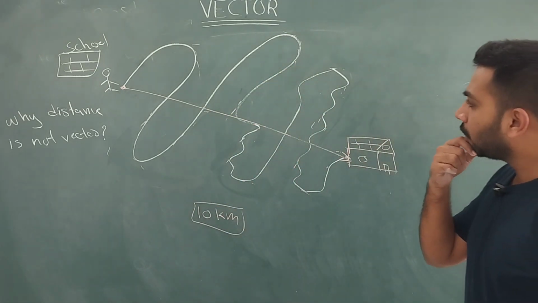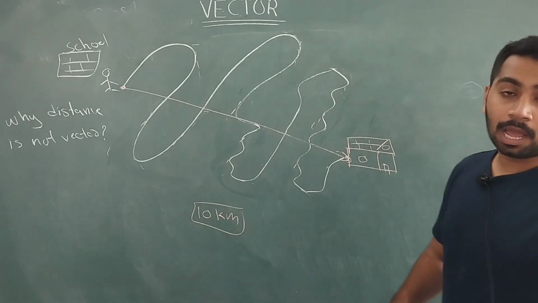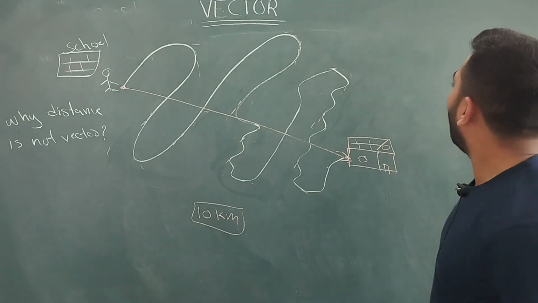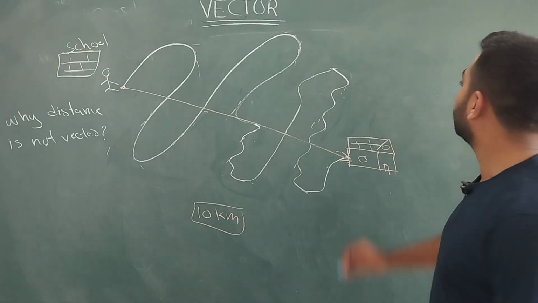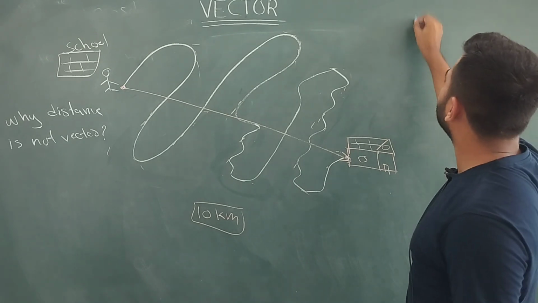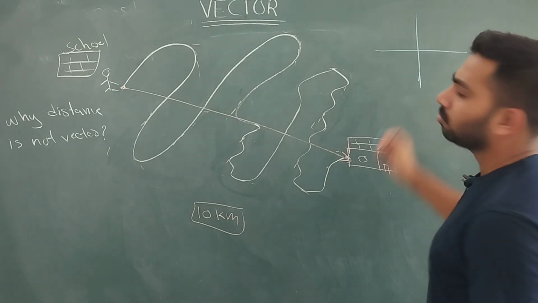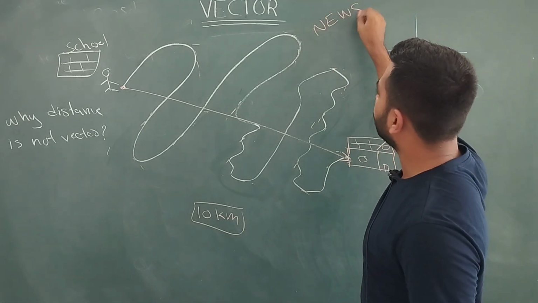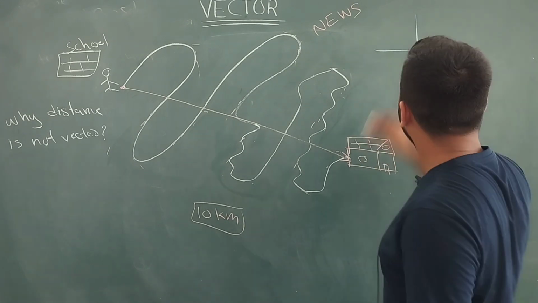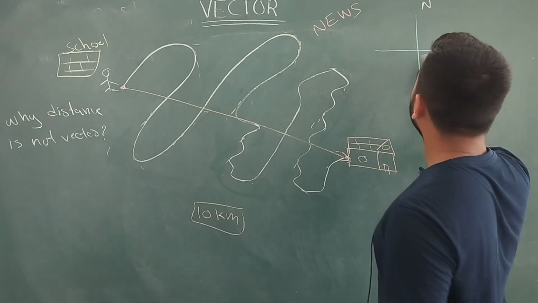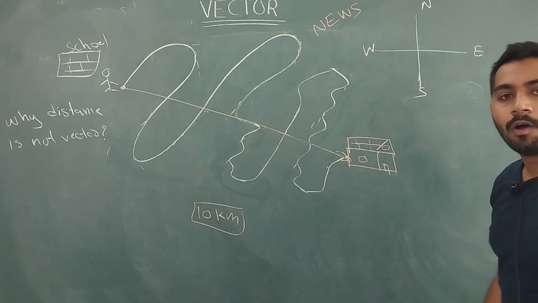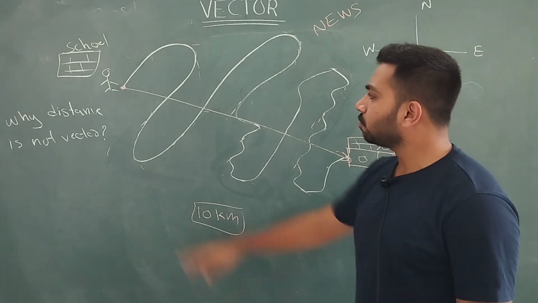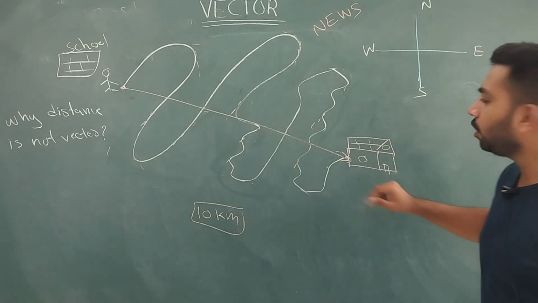How? Okay. Before that, I will make sure that you learn one small thing. Direction: south, north, east, west. This is very important. All make confusion. Just remember NEWS. Substitute here north, east, west, south. Now basically when you go from here to here, you can say a particular direction.